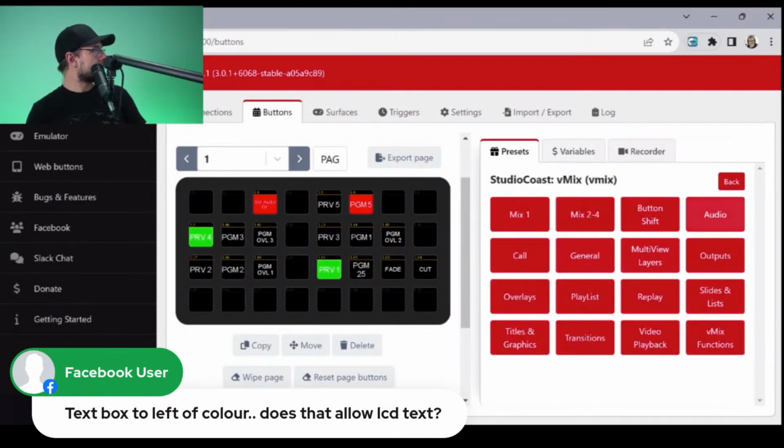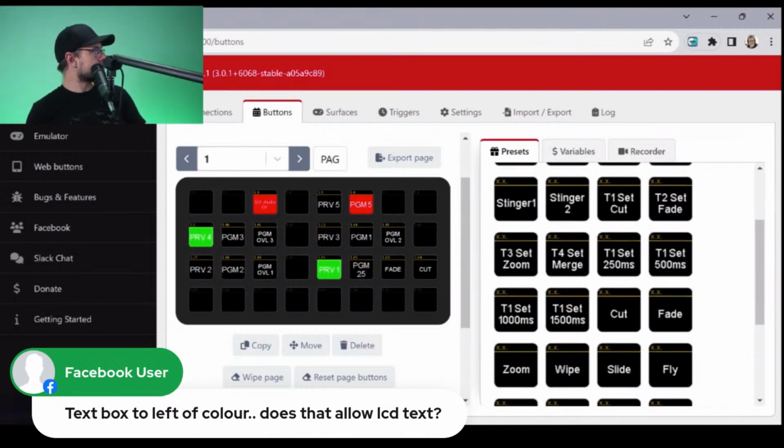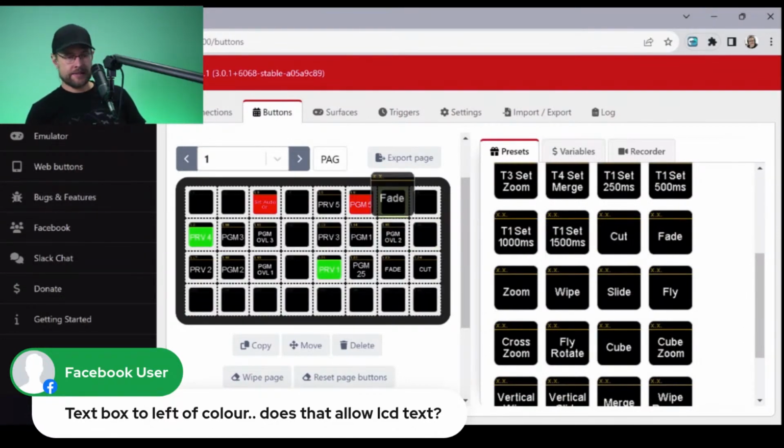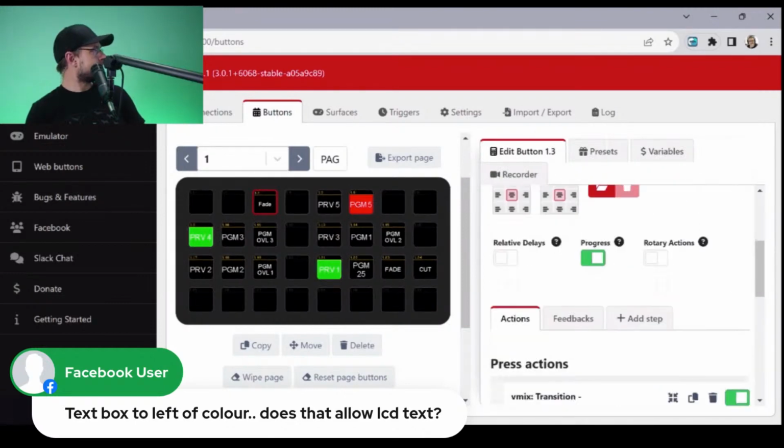vMix. Is there a way to search? Maybe it's under transitions. Fade. So what did I say? 7? Or no, 3. Fade.